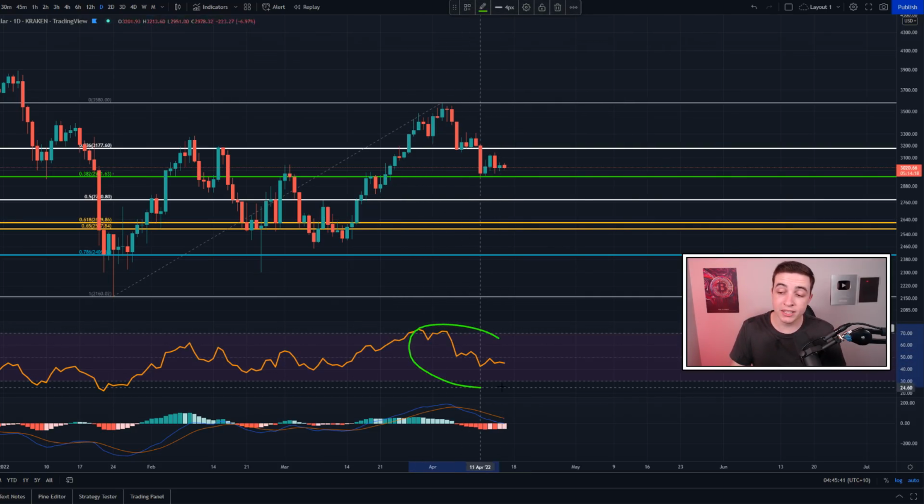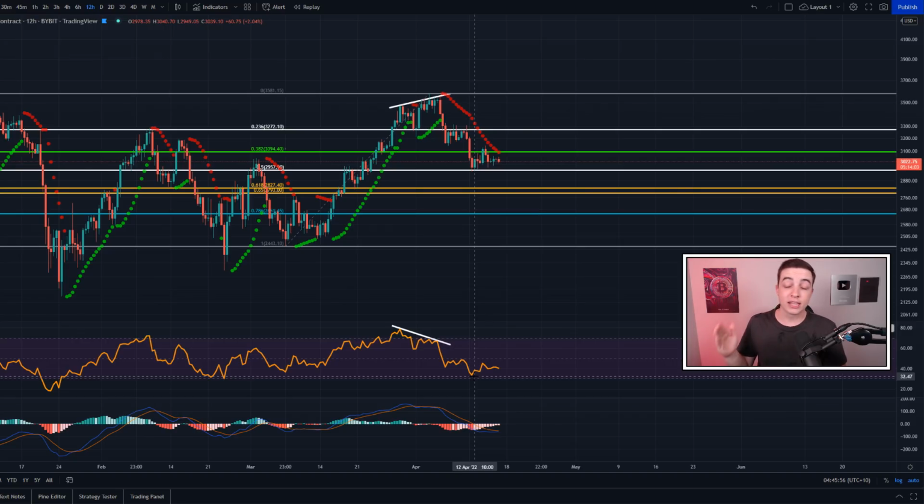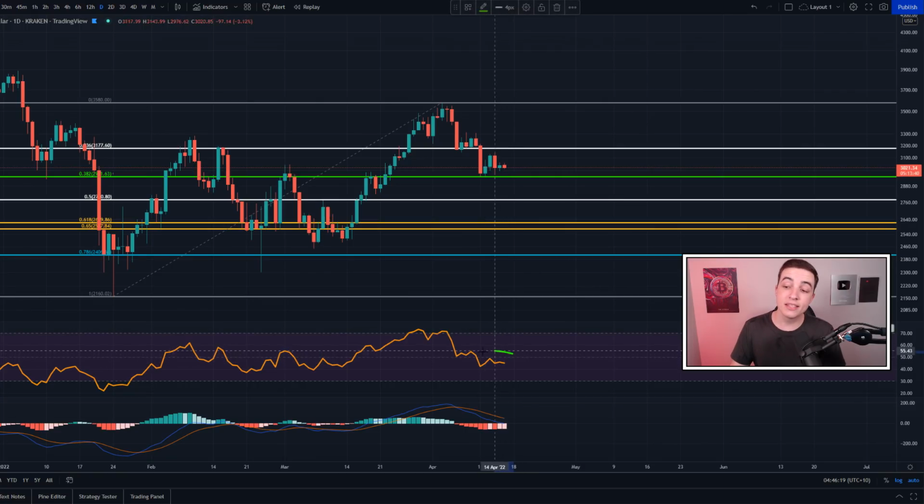And also keep in mind the current trend in the RSI and the MACD on the daily time frame are still technically in a bearish trend at the moment. And unlike the 12-hour time frame where the RSI is closer towards oversold territories and the MACD is closer towards a bullish cross, these same indicators on the daily time frame are a little further away from flipping bullish again, so keep that in mind.